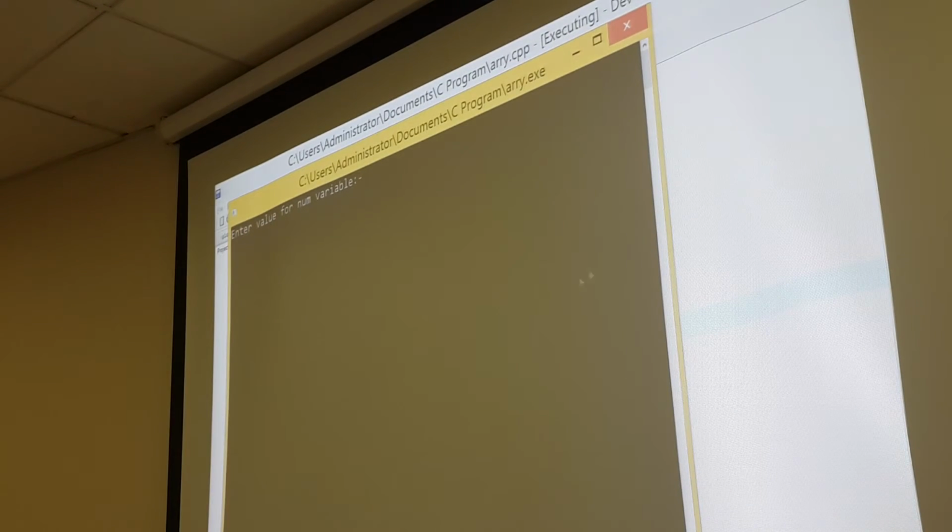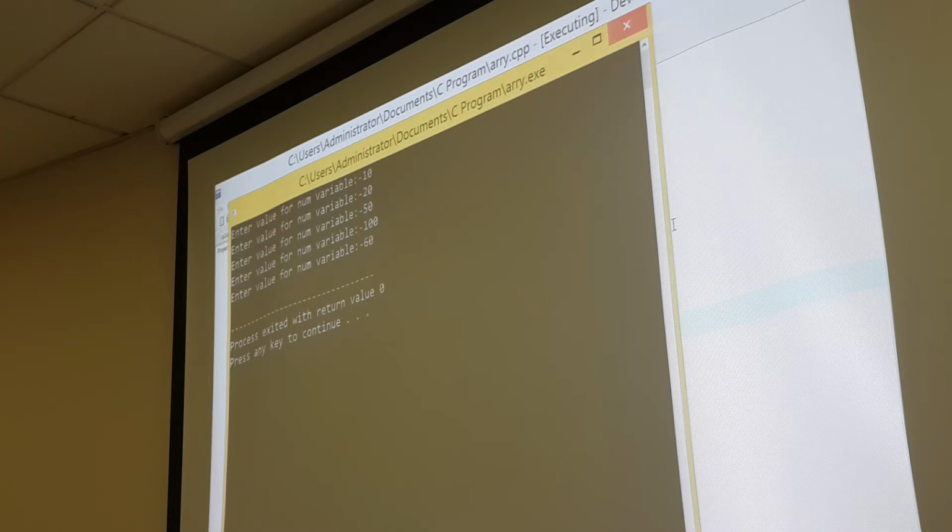Enter value for num variable 10, 20, 50, 100 and 6. How many times is it executed? 5 times. Because we have declared one array, to run that array we have to use a for loop.